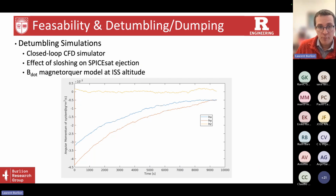Another very important problem: we are going to eject the satellite. So there will be an initial kick. So what we call detumbling, are we sure that our satellite will be able to detumble, that we are not going to lose the satellite after this initial kick? That was a question raised by the Air Force. But of course, this question makes a lot of sense. So for that, we needed to do some closed-loop computational fluid dynamics simulations to make sure that after some time, the satellite is going to stabilize, even if there is some liquid